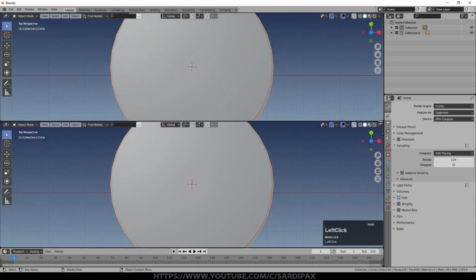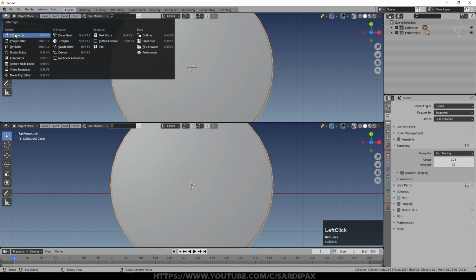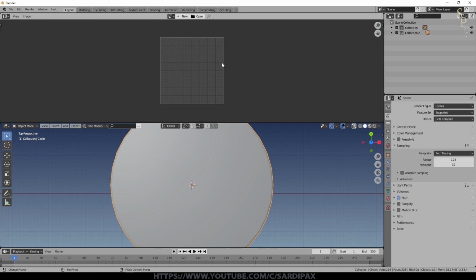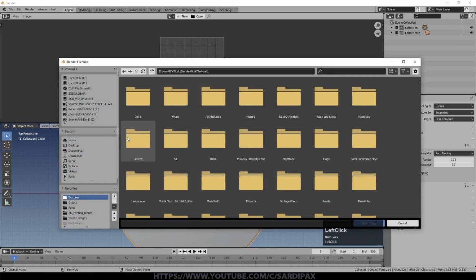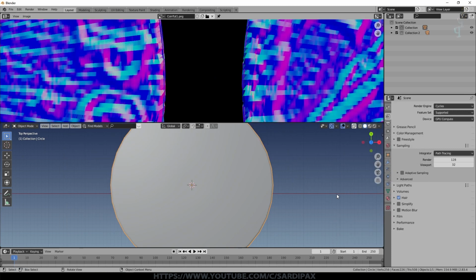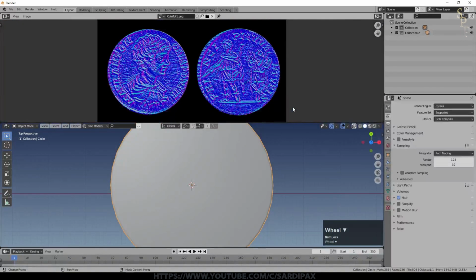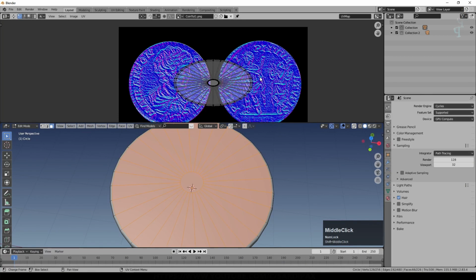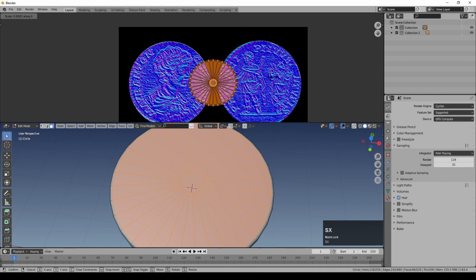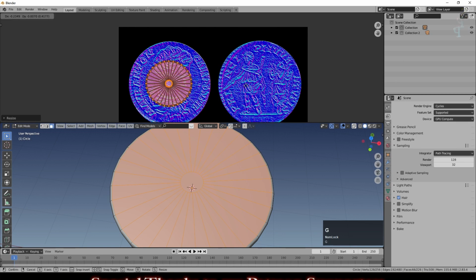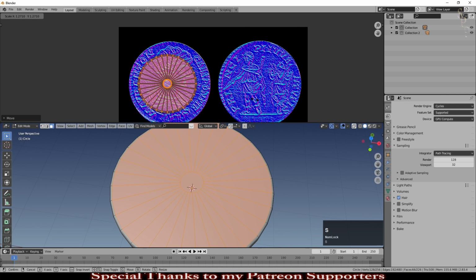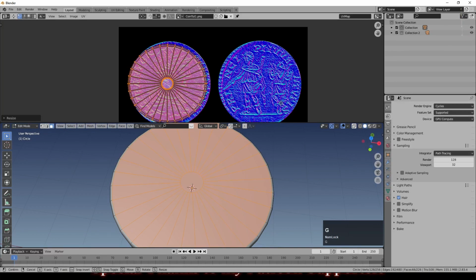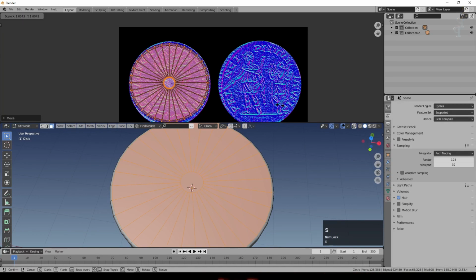Pull down another window and go to the UV editor, and I'm just going to open from my textures the new coin normal map that I created, and there it is. So you can see there are my two coins. So I obviously need to rescale them, so I'll scale on the X, bring that in. This is both of them I've got selected at the moment, but once I've got the size right, I can then just move the other one across.